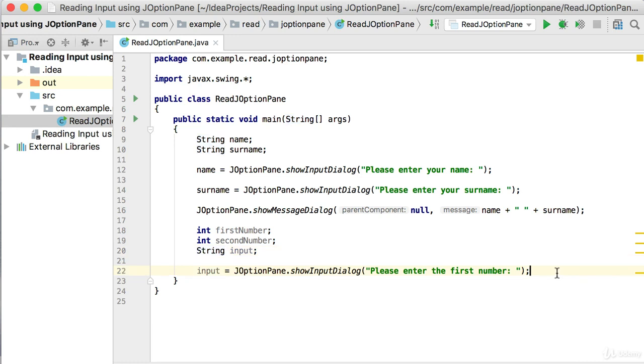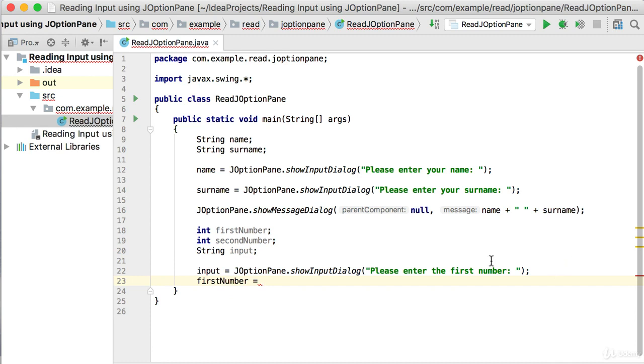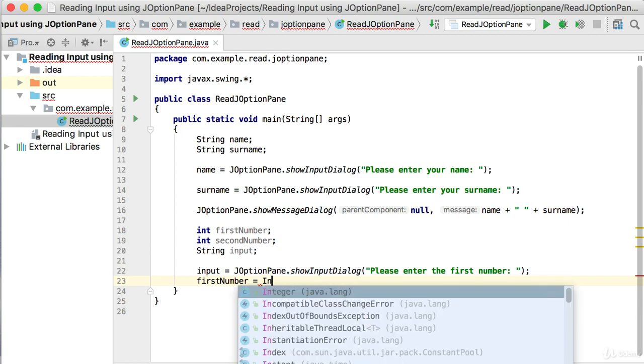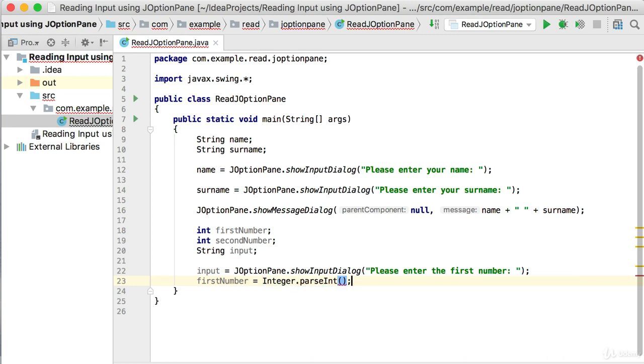No problem. But now, how can I get that first number? So now I'm going to say first number equals. What I want to do is convert whatever was saved in input by the user to an integer so that I can save it into first number. So how do you convert it? If you want to convert from a string to an integer, you're going to use the Integer class, Integer.parseInt. It's one of these parse methods. I'm going to say Integer.parseInt and pass in the input that I got from the user as text. So the Integer.parseInt method will take the input, convert it to an integer, and then save it